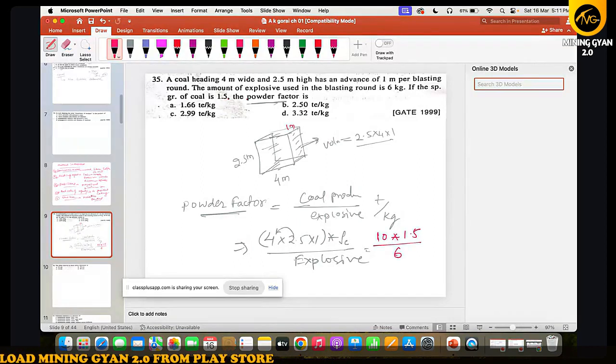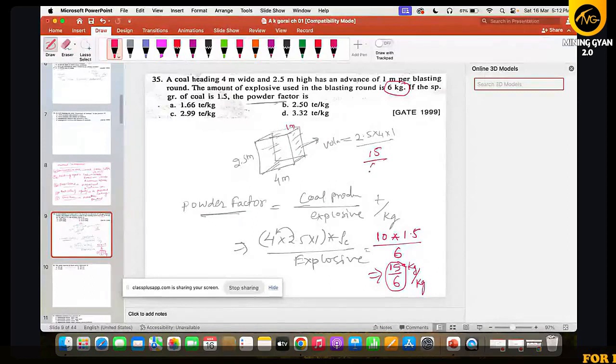Explosive given to us is 6 kg, na? So how much it will come? 15 by 6. But it is kilogram by kilogram, na? So 4 ton we multiply with,